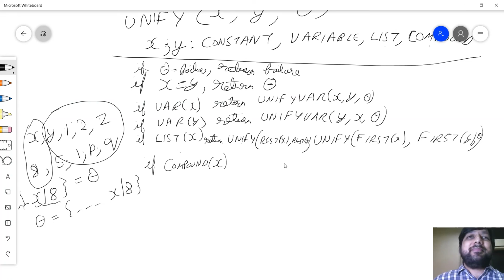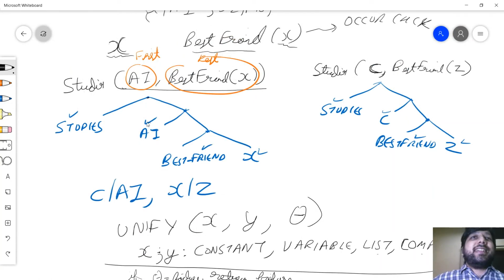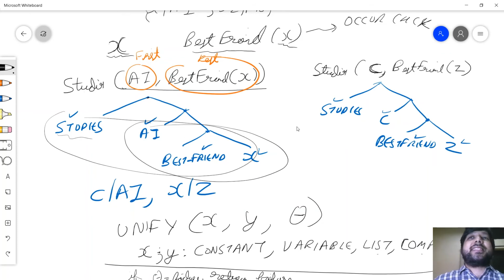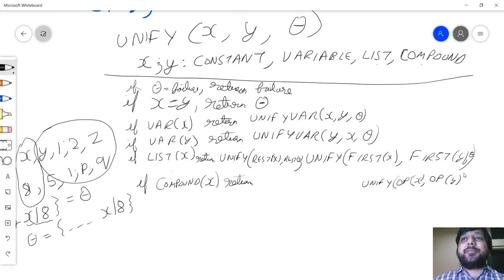So let's move to compound. It's exactly the same. If you look at it closely, this was the list and this was the compound. It was handled exactly like the list, where the name comes first and all the arguments come later. So I can just copy exactly the same thing. So return, what do I do? I first unify the name of the operation, or the name of the compound, with the name of the compound Y, and then the new theta that I get after this, that is what I add to my old theta.